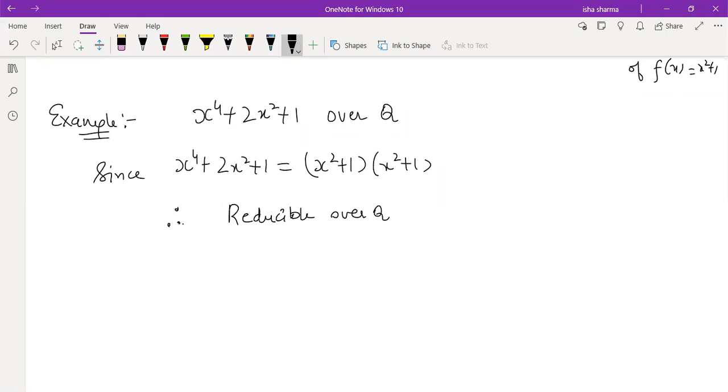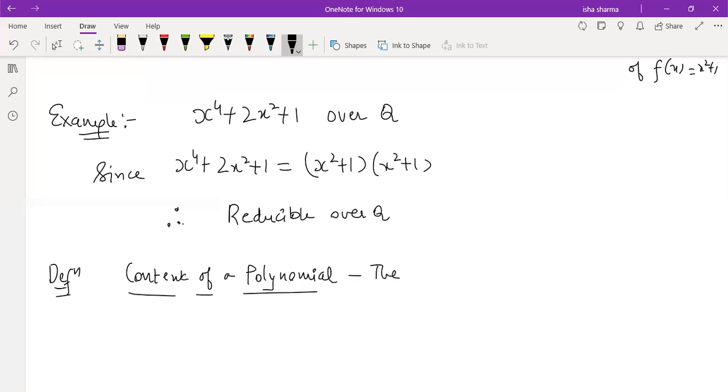And now next we are going to define another important definition which will be used in further theorems about reducibility. Content of a polynomial. So what is content of a polynomial? The content of a non-zero polynomial. So we have a polynomial a_n x^n, a_{n-1} x^{n-1}, and so on,